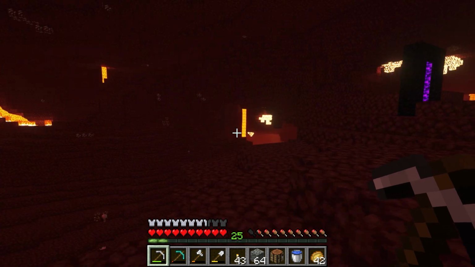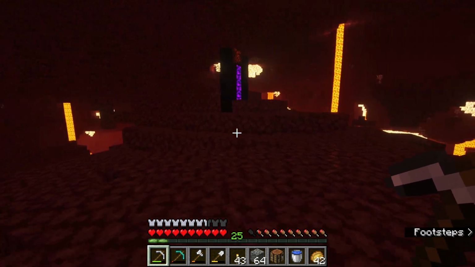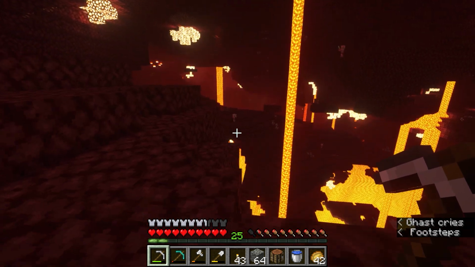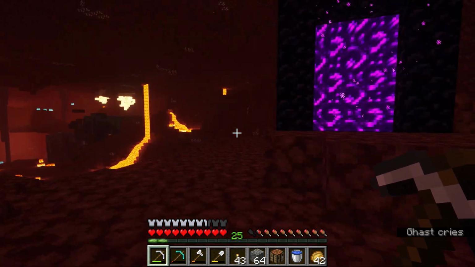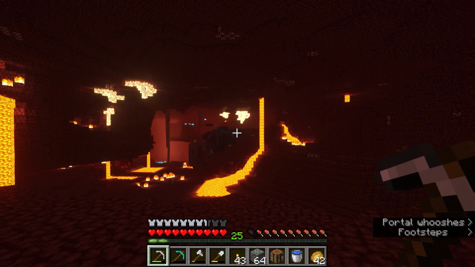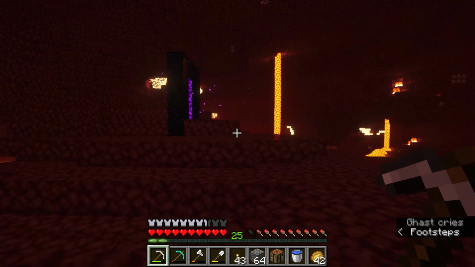Maybe we'll make our way down there. So yeah, okay, I think this is good. We've got our portal. We do have a ghast over there, I noticed, somewhere, but hopefully they won't bother us too much. So I'm gonna slowly make my way over towards the forest, which also is...